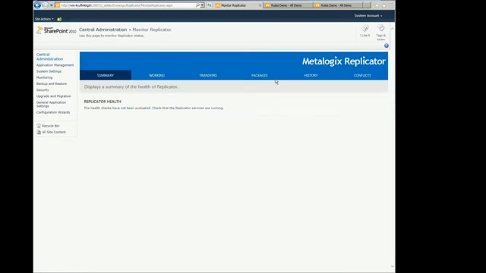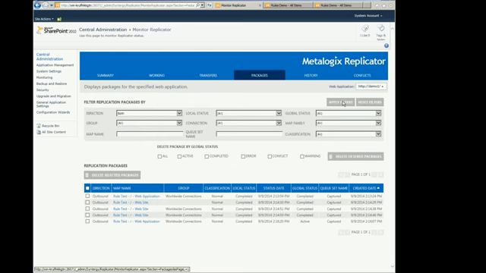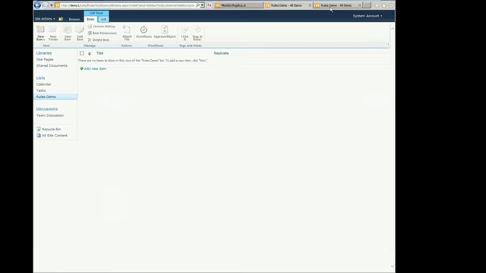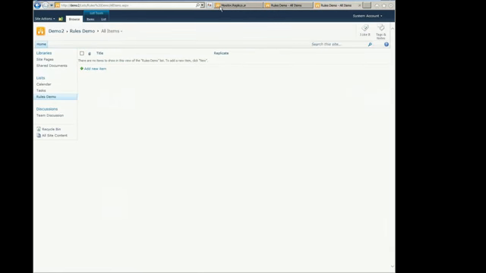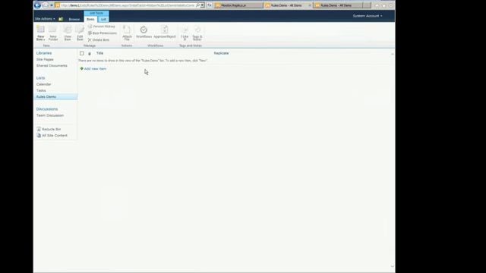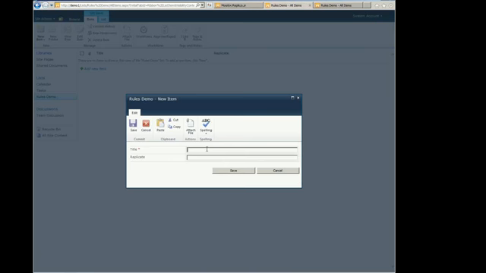Go back into the queue. When it does a delete, you'll notice that even if it doesn't meet the requirements, it will still send the package out to try and go and delete it as well. This is normal behavior. Okay, so that's all clear now. So if I now go to this side, all packages will be removed. All items will be removed. Now, if I run through this again,